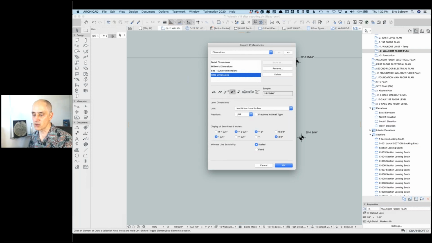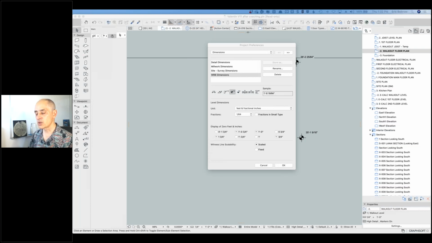Okay, so related question, Vangai says, when there are split levels in a project like this, how can the references be set out to allow for elements to appear at different plan levels? Okay, so there's multiple levels of answering this question, and not to make a pun about levels, but